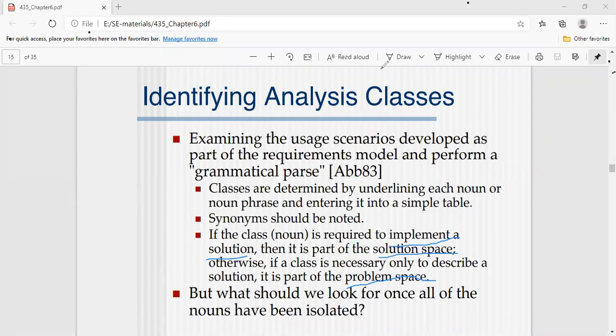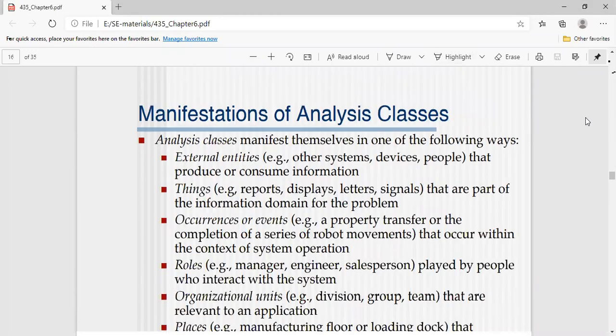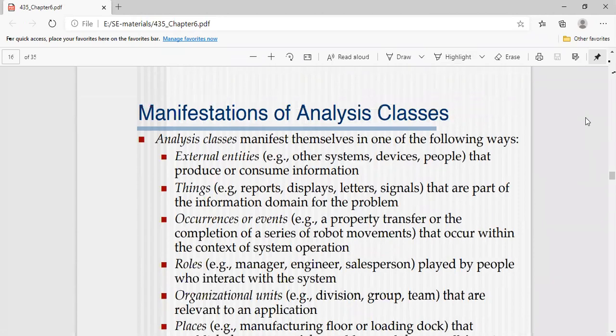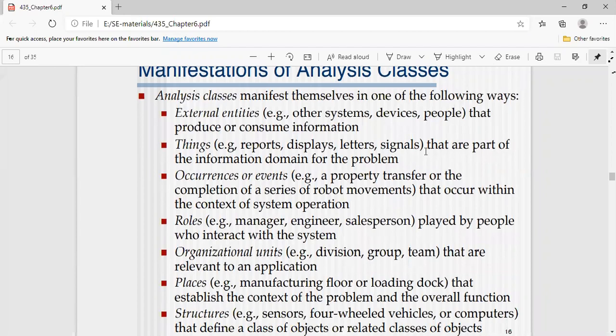If you will see the next slide, manifestations of analysis of classes. Why are we analyzing these classes? What are the manifestations related to this analysis of classes? Okay, if we will see the first one,